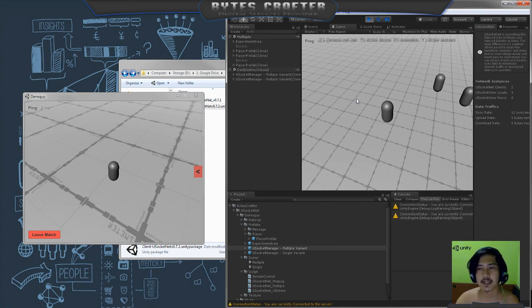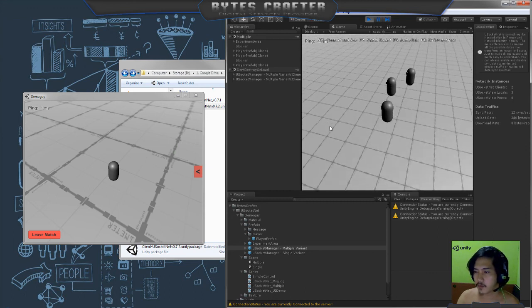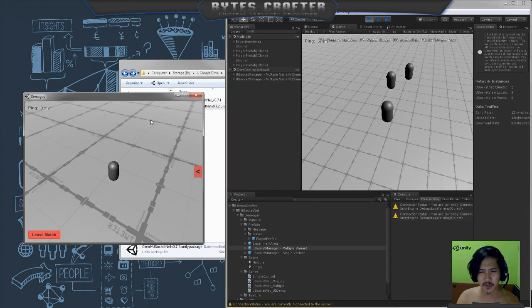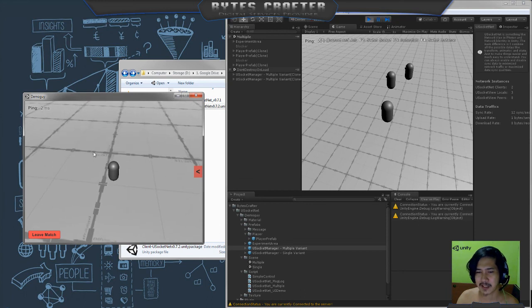I tested it and designed it based on the current games that are present on the market. So as you can see, that is the only one syncing here, because this is a different variant.